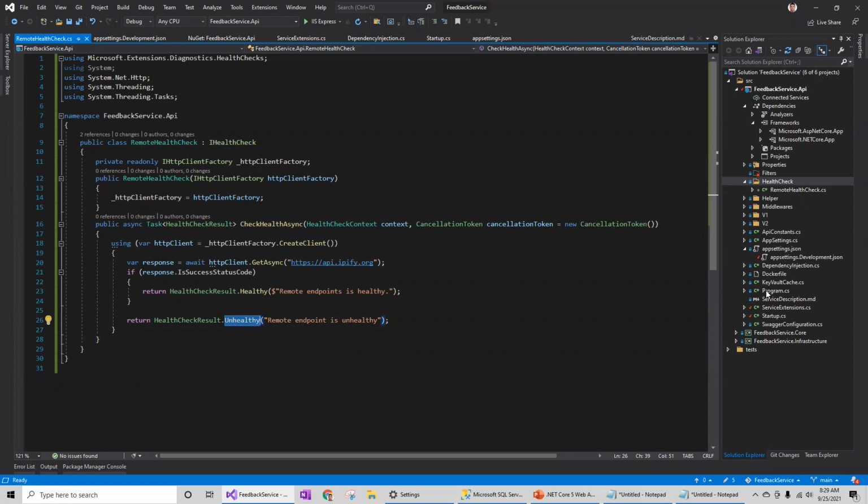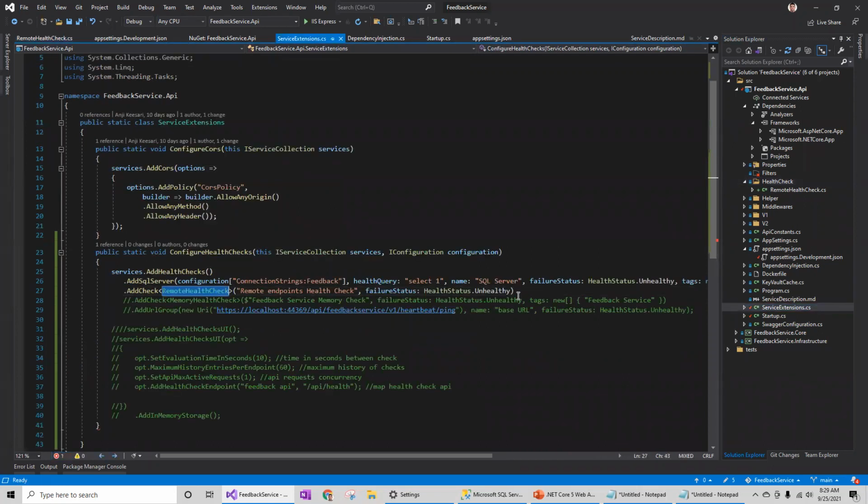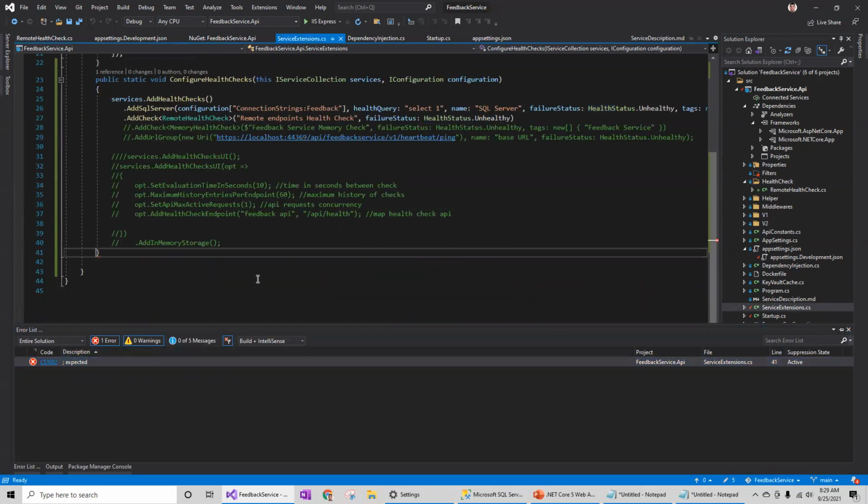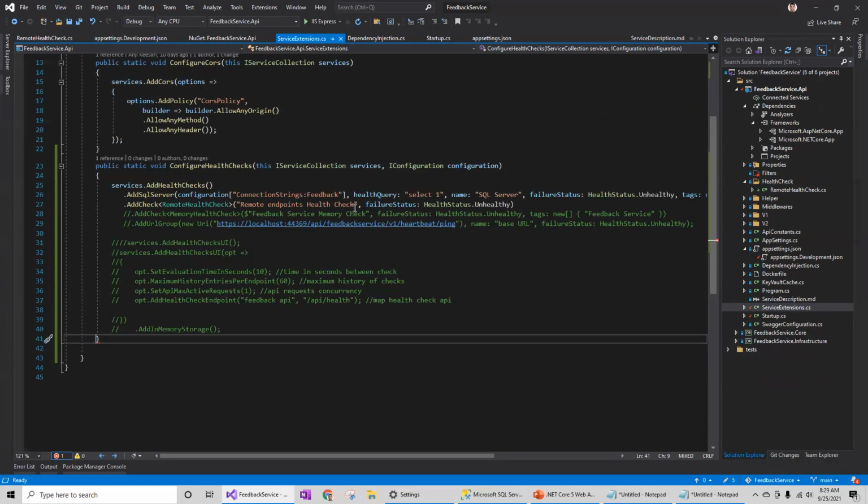Now let me enable that, so it's already turned on. If it is unhealthy, it will call this. So let's see the status of this. I need a semicolon here.